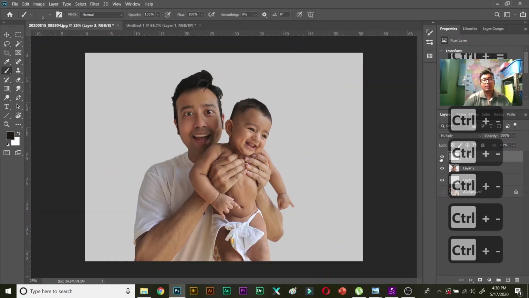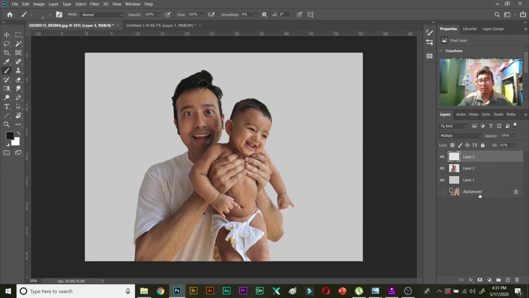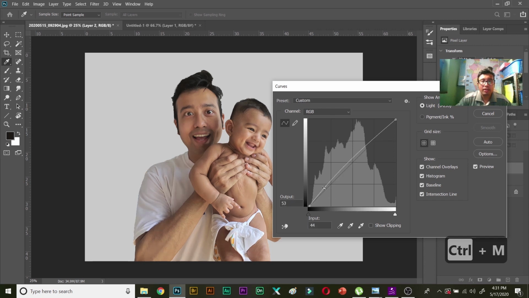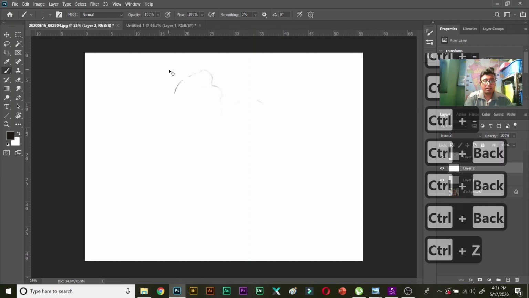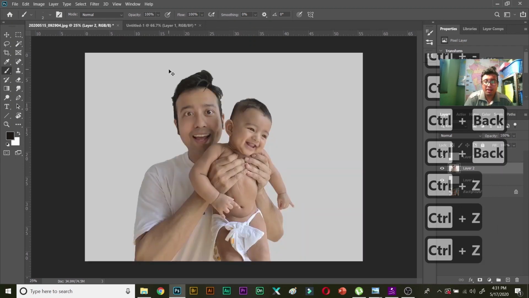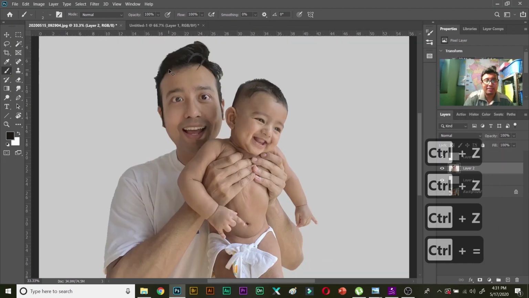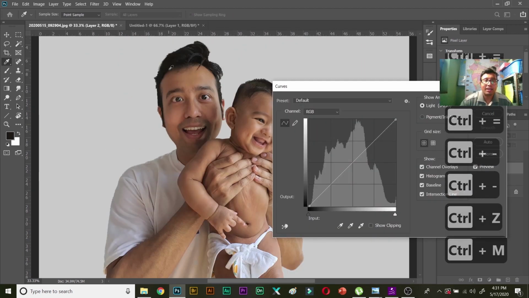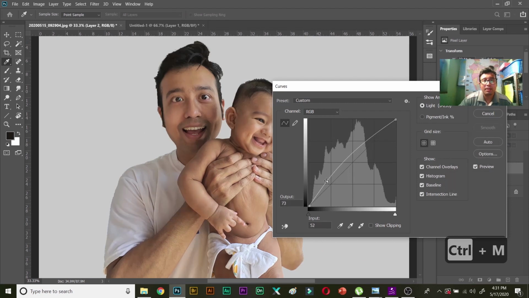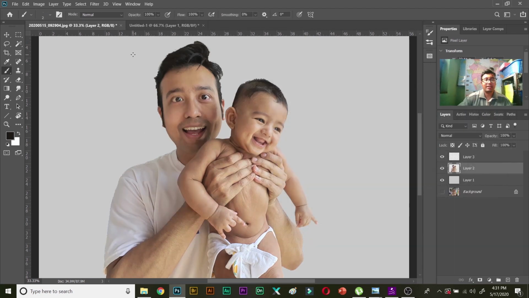Now what I can do is add a bit of light in this image. So I will select this layer and press Control M, and that will bring out the curves, and then I can make some additional adjustment in lighting. Now the image is looking fine, and I just pressed Control Backspace. That's a very bad thing to do, you don't do that. So this was how it looked like, and I made a curves adjustment pressing Control M, and now this is looking really great.